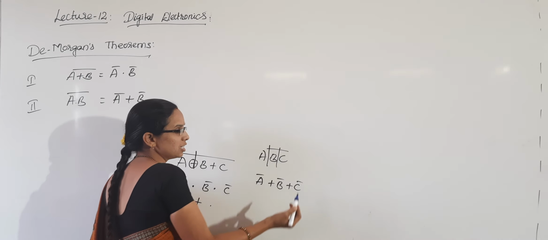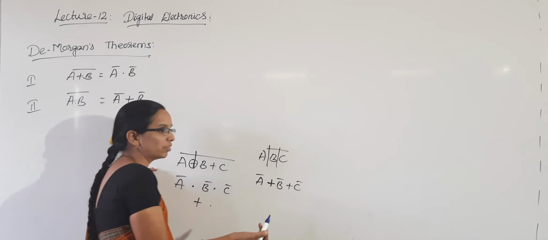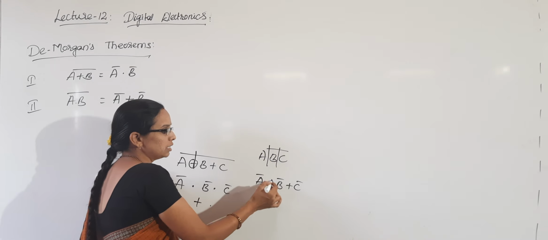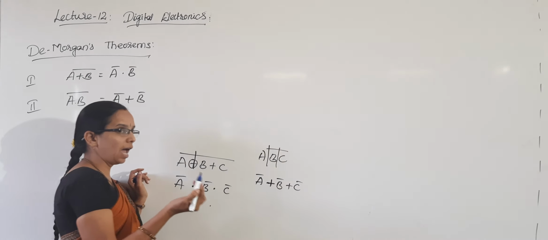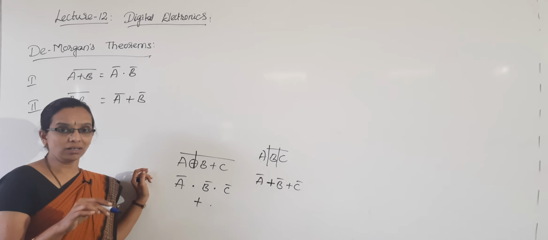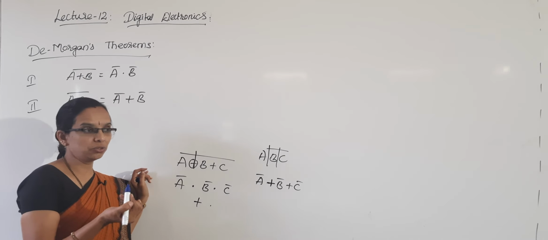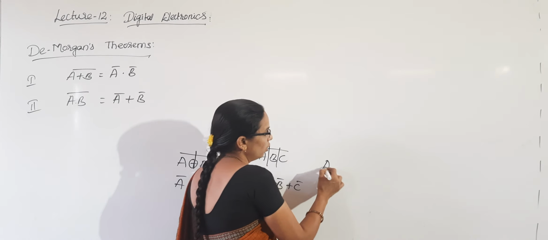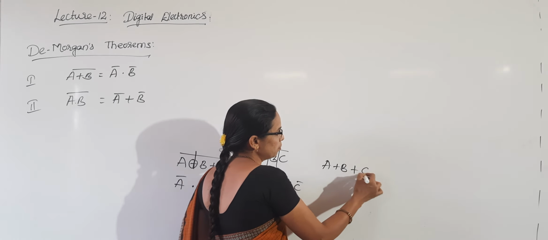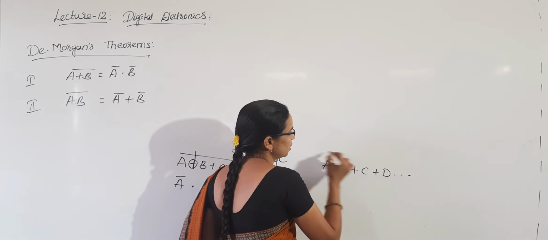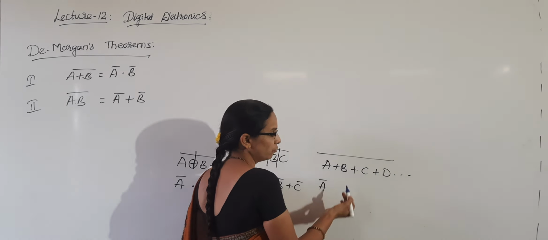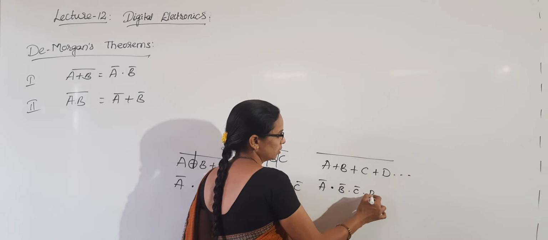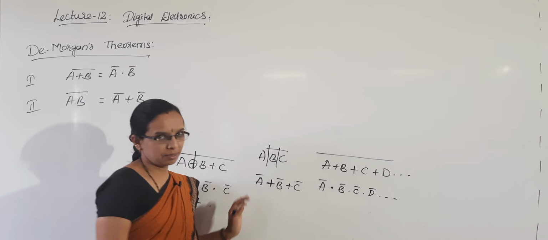You are splitting this bar, so for our simplification process, we will split that complement bar. So, we will change that sign. If it is an AND sign, then we will change it to OR. If it is an OR, then we will change it to AND sign. That is what the theorem tells us. If you go on further, (a plus b plus c plus d plus etc.) whole bar, you just have to split it and change the sign. This will be continuous.